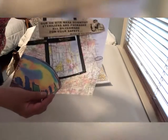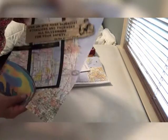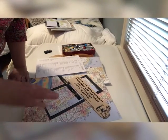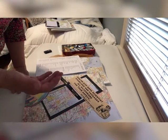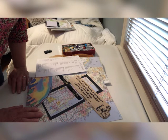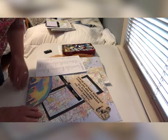But these are just some ideas. I think that these would make wonderful cutouts for borders and different shapes and things in behind, because the paper does hold an edge when you cut it fairly well. It doesn't fray. So all in all,